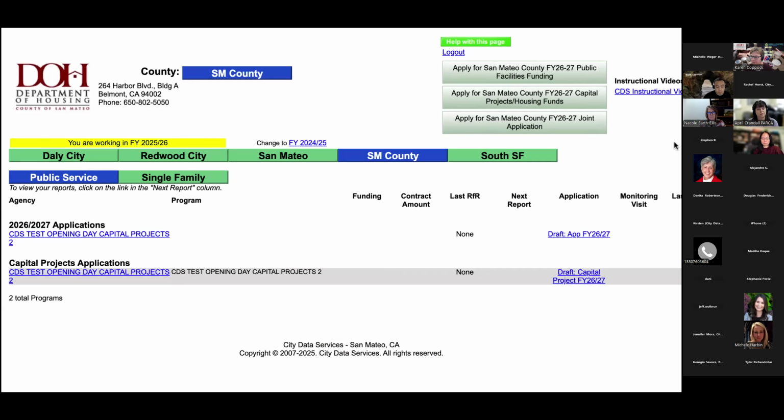Let's see. Is income verification required for both CDBG and HSFA funding? I think that's a jurisdiction question. I don't know if someone from the county wants to take that. That would be the county. Is that Redwood City? It's in the chat. I'm wondering which jurisdiction has the HSFA funding.